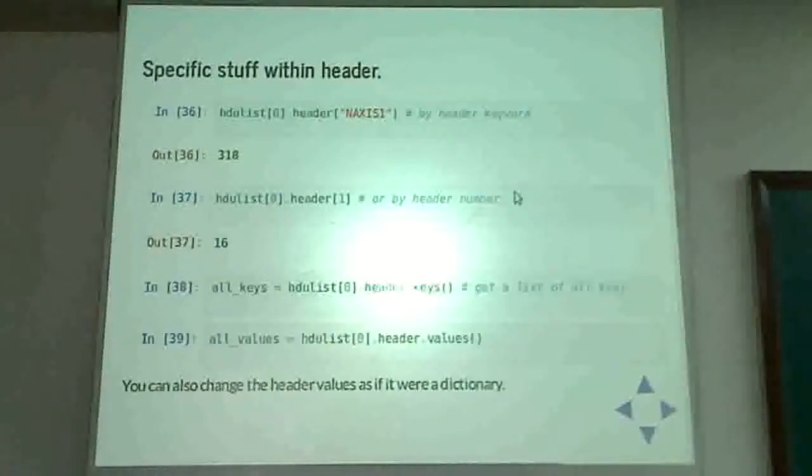Of course, it's a very bad example because even if you give a new value to n-axis 1, when you save a file in PyFITS or astropy.io.fits, internally it will make sure that your data matches n-axis 1 and axis 2 and a bunch of keywords. So it has an inbuilt safety protection. Even if you screw up and give the wrong value of certain standard keywords, it will make sure that you are giving the right ones, and it will change them automatically.